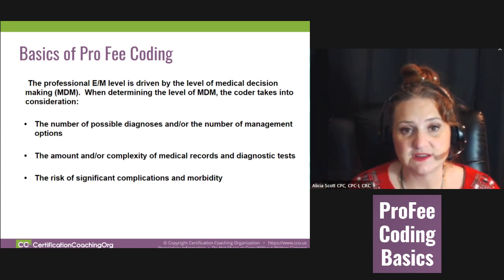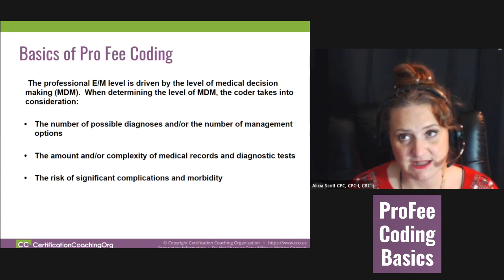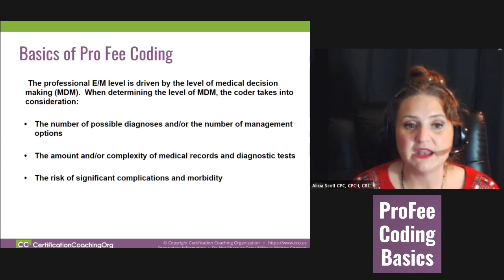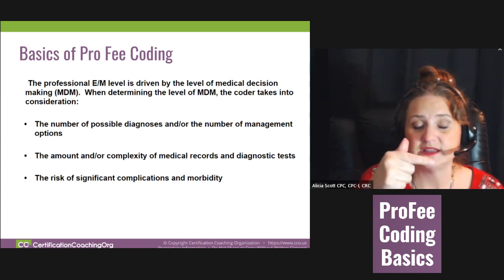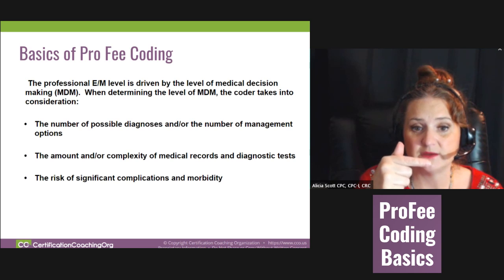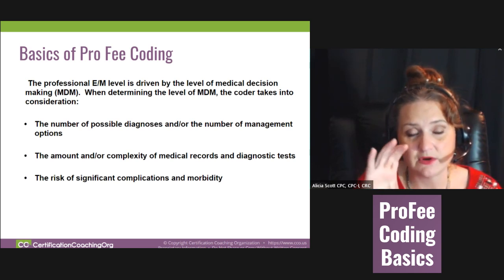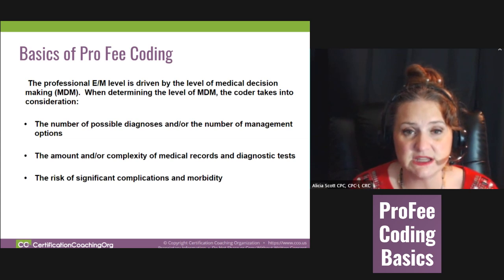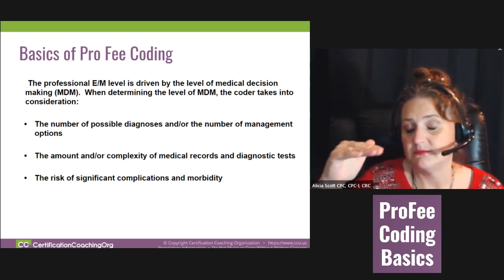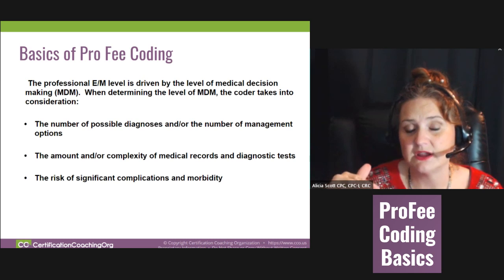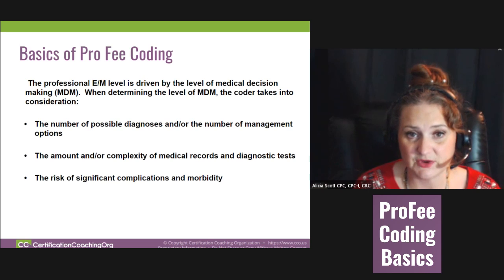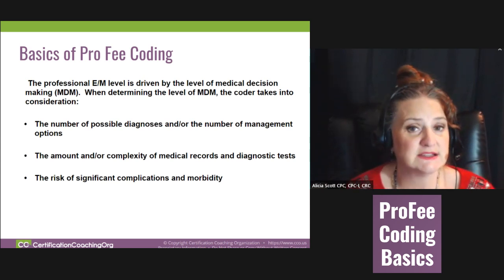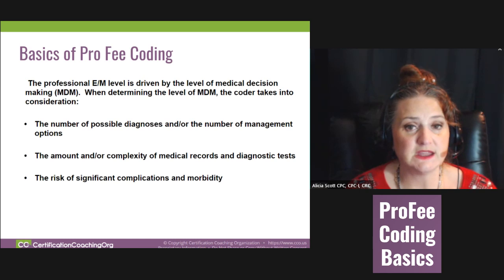Now, I always look at the medical decision making because, again, that's a part that I really enjoy. But if the medical decision making on an established patient is low, but the HPI and the exam are really heavy, really detailed, then it can maintain a higher level in the E&M because you have to meet or exceed. Okay, and you have to have 2 of 3.